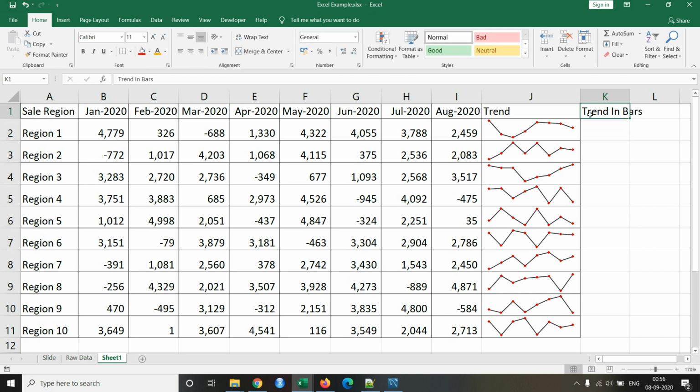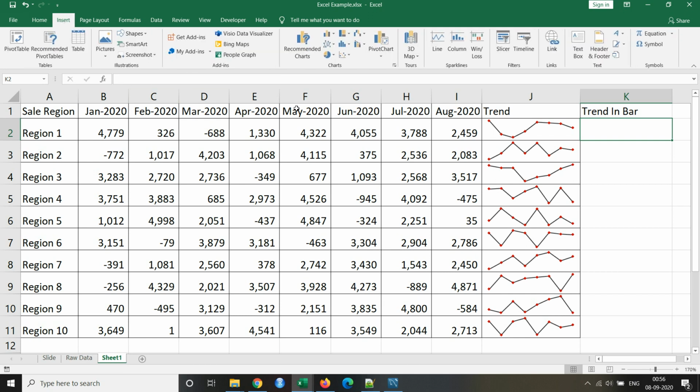It will be created the same way we created this one. It will compare all these values and create a bar graph in this cell. So what we need to do is go to Insert, then this column.